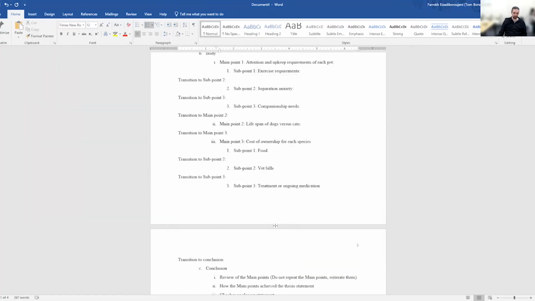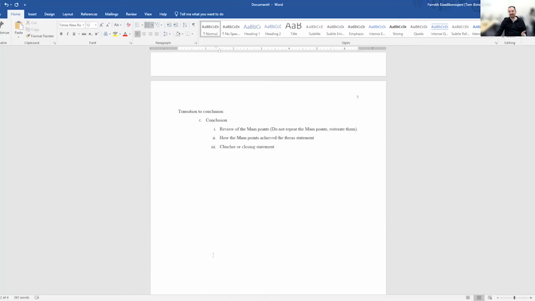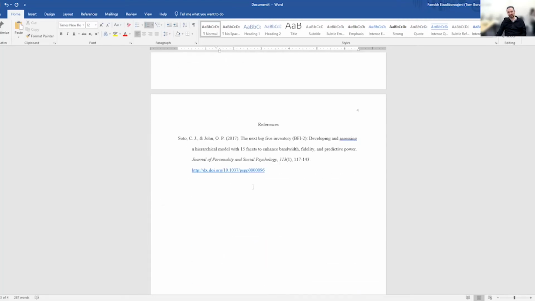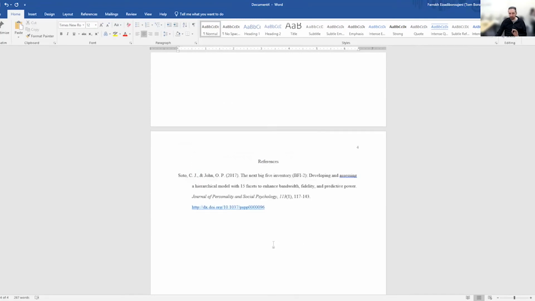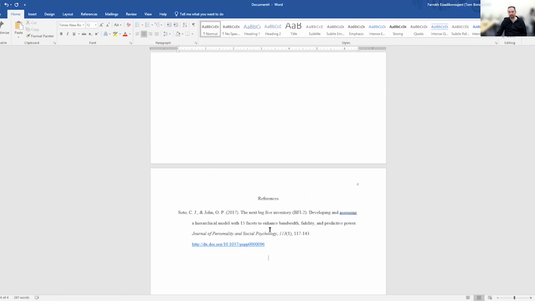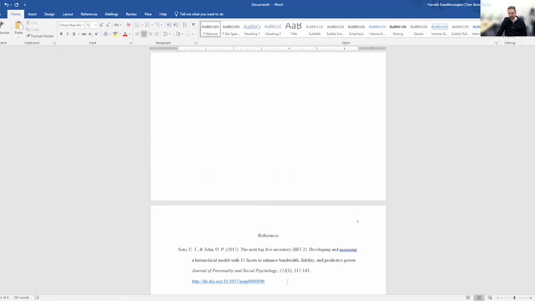The other information you need to know is what are the different ways to cite sources. It's really important, and you don't need to ask any of your instructors, do I need in-text citation? The answer is always yes. You need to cite your sources both in the reference page and in the text. And the way you do that, in the reference page, you have the whole thing, and in the body of the paper, anytime you get any information from another source, and we're going to talk about that in a second,